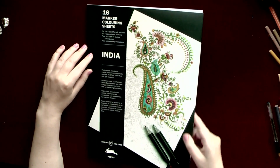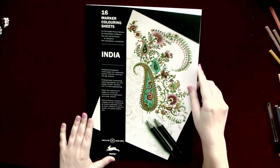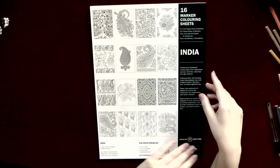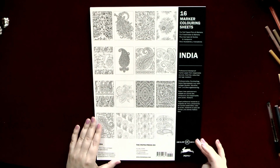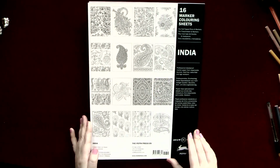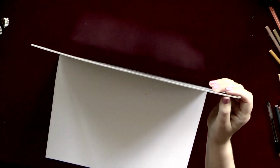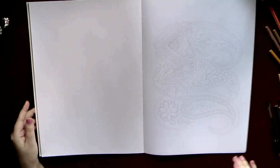Paper is 150 GSM and acid free. Paper is very smooth and white. And the size of the book is 10 by 13 inches or 25 by 35 centimeters. On the back side we have all 16 pictures, and this back cover is made from a very sturdy, very hard cardstock, and it's very convenient if you want to take this book with you or just to color somewhere